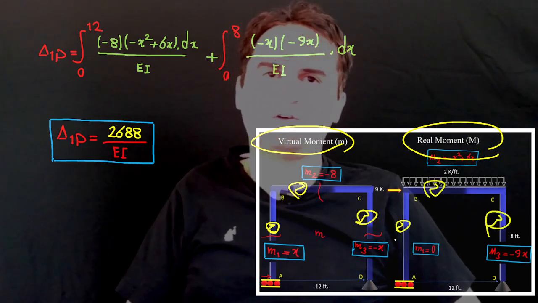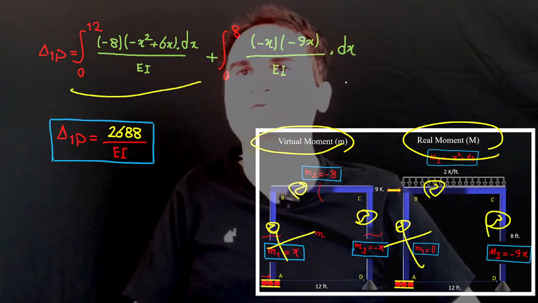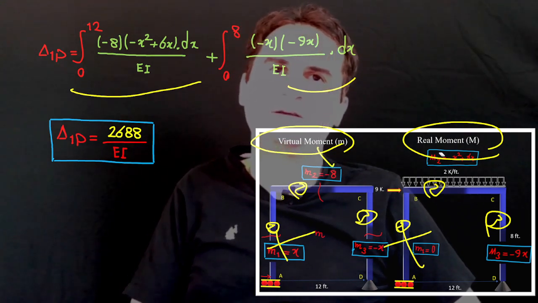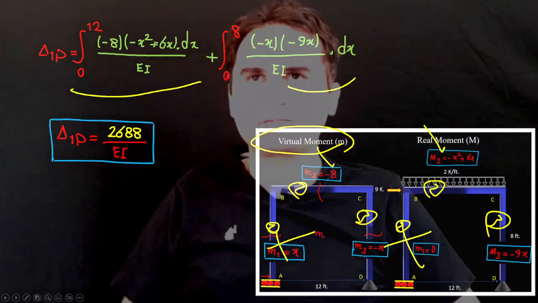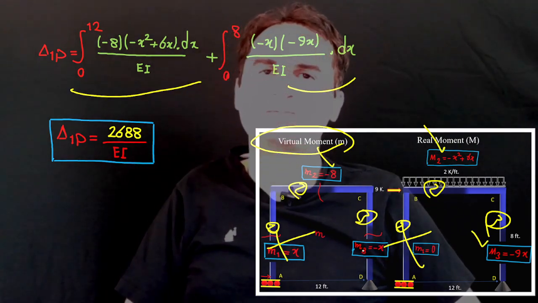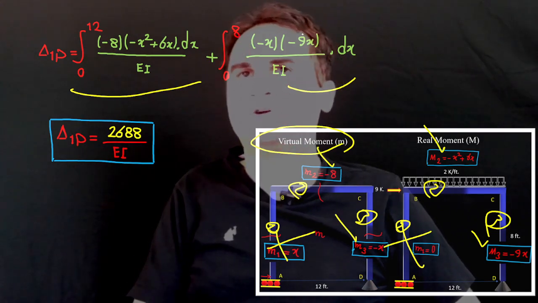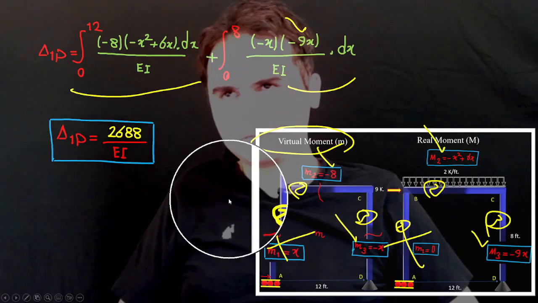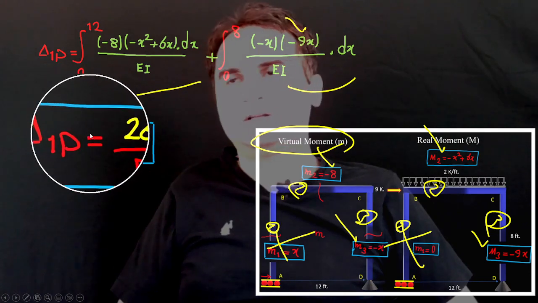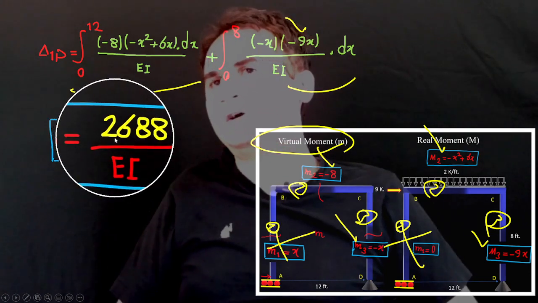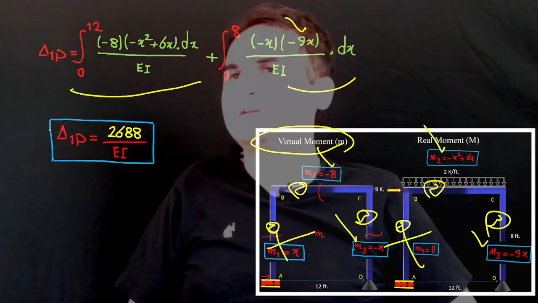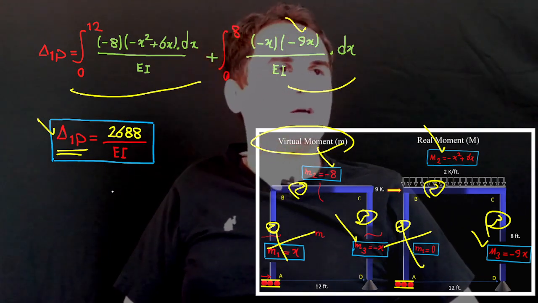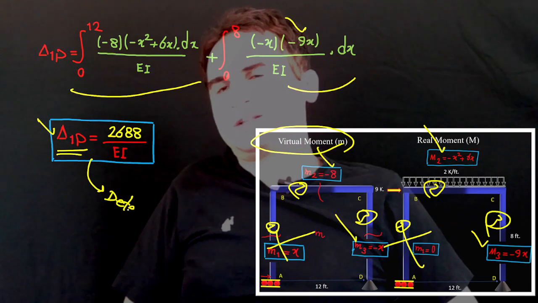and because this one is equal to 0, it just turns to give us 2 values. So that's m2, negative 8 times this one, and m3, negative small m3 times capital M, which is negative 9x, and then integrated, it just gives you delta 1p, displacement due to real load. It just gives you 2688, horizontal displacement at support A for our determinate structure, determinate